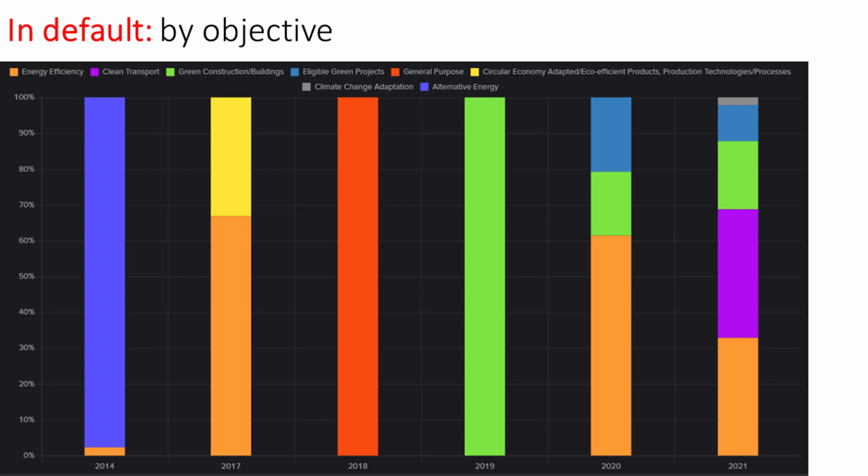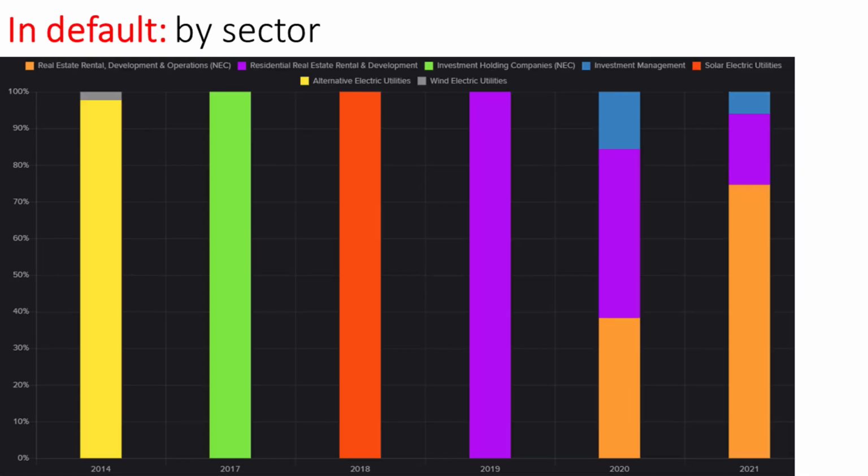So what is happening in the case of defaulted bonds? We can see that the objectives, I think, are quite diverse. So we cannot say that one sector or one objective is responsible for default. We can see here that some kind of general eligible green project went down, and energy efficiency went down, and energy efficiency and construction. No, so this is circular economy went down. Then there was a general purpose. We don't know what. Then it was related to the real estate sector. Real estate sector is still there.